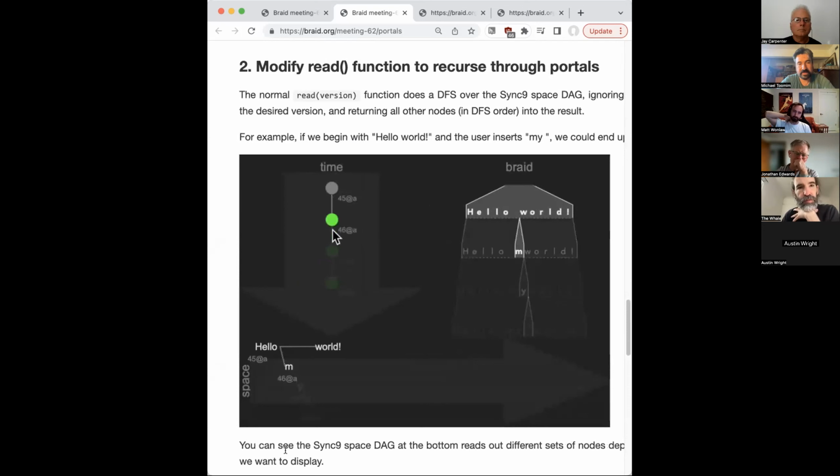And the way that Sync9 does this is it just retraverses the entire data structure, throwing out the edits that didn't exist at that time. And so it's O of n, and that was fine for us because we are pruning all the history so that n stays small. So we just use this very simple algorithm and add complexities to prune the history. But you can also make this more efficient using shared history range trees. Steph's developed a lot of range tree algorithms, and you can have a range tree for every version that will give you log n. In log n time, you can do that mapping.